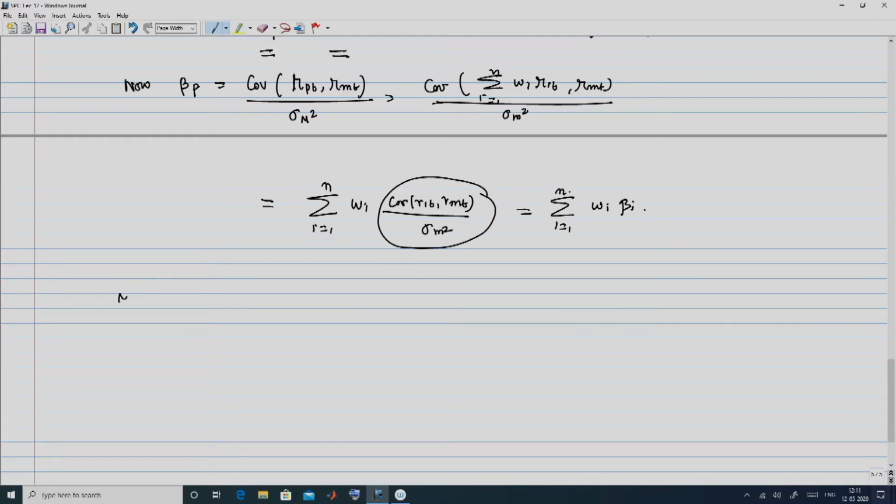Okay, so this essentially gives you a way of calculating what is going to be the beta of the portfolio once you have made an assessment and determined what is going to be the beta of each of the individual assets. Okay, so, coming back to Treynor's reward to volatility ratio